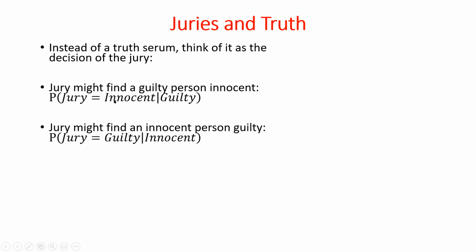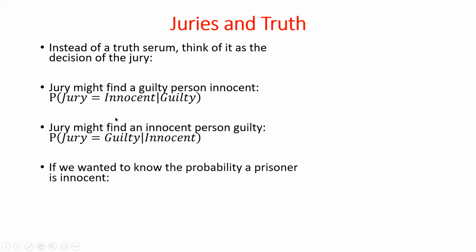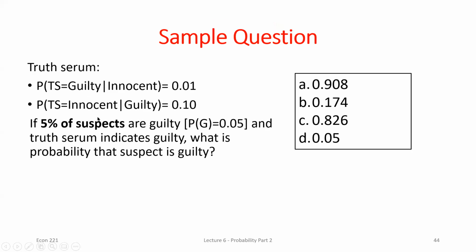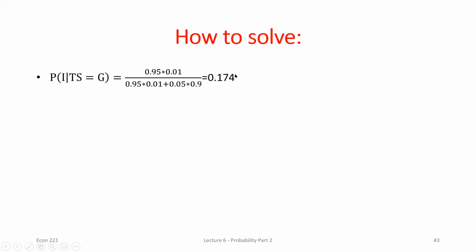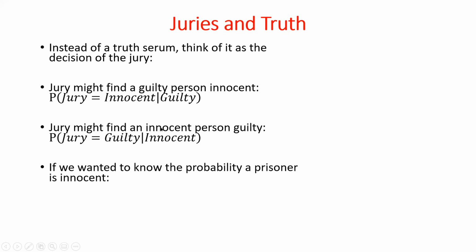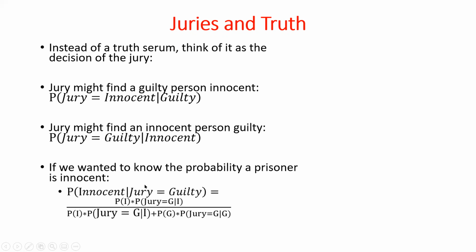When DNA evidence comes out and a jury found someone innocent, they actually should have found them guilty. So based off this overturned court case data, you could get those probabilities, and then it's just like we did, but instead of asking what's the probability that someone's innocent given that the truth serum says they're guilty, what's the probability someone's innocent given that a jury found them guilty? Now, we hope that's not as high as 17%, right? Hopefully when we look at that overturned court case data, we don't find probabilities that high, but really be writing out,